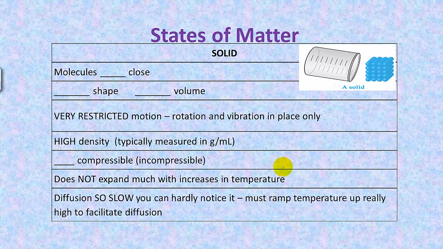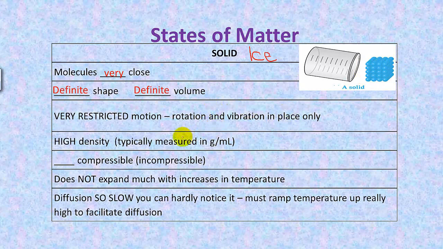Okay, states of matter. We're going to talk about solid first. Molecules are very close together. We're going to use the example of ice, because ice is solid water. These molecules are very, very close together. They have a definite shape and a definite volume. Let's pretend this is an ice cube. It's in the shape of a cube, and the volume, you can measure it and it doesn't change until it